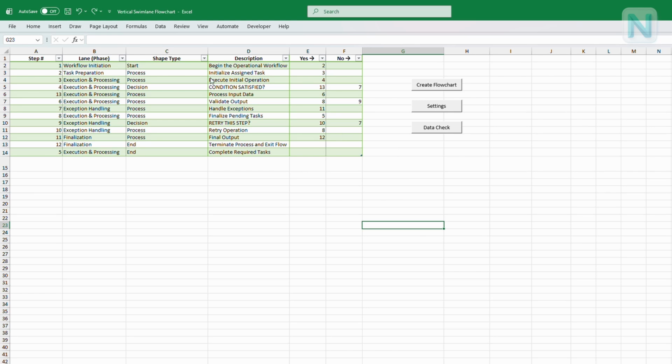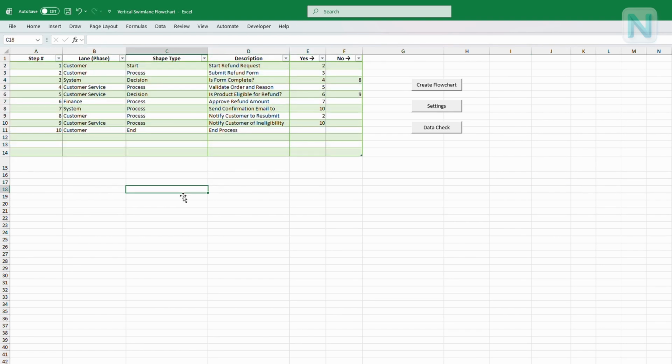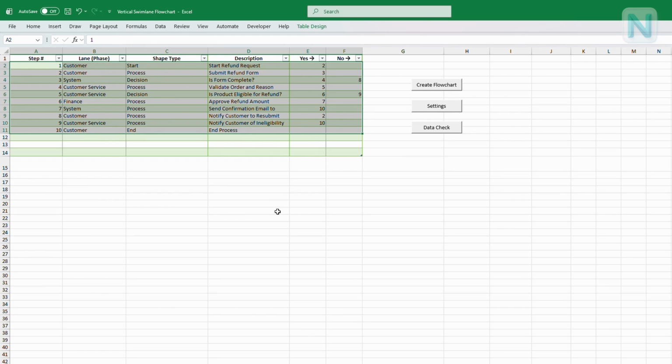Now that we've explored how the basic VBA-generated Swimlane flowchart works, let's take things a step further and see if Excel VBA can handle more complex workflows. Here we have 2 real-world examples: a refund request process in a sales system and a user account registration and approval workflow. You can simply enter the process data into the same table format as before. Just make sure the structure matches the required columns, because the VBA script depends on that format to build the